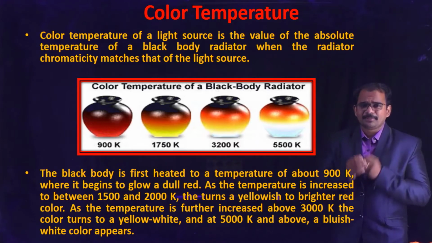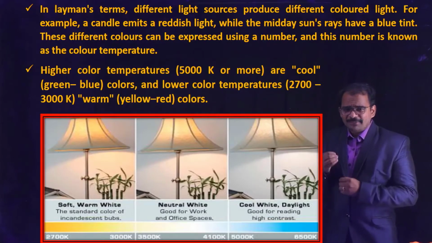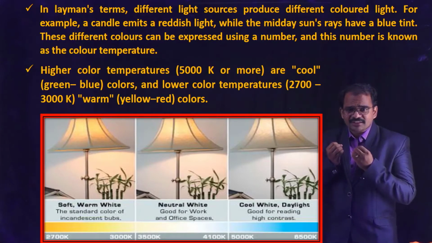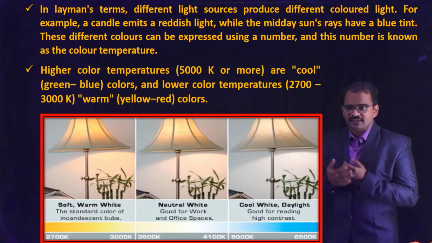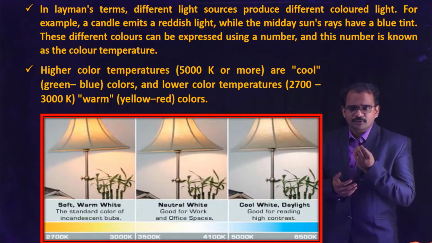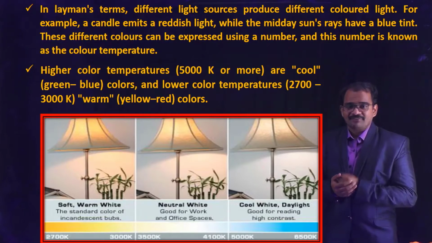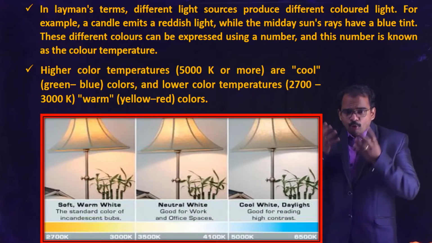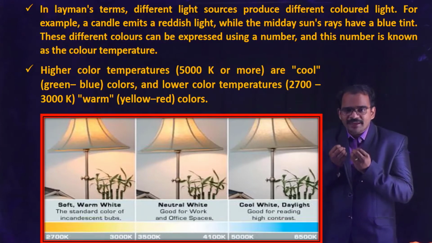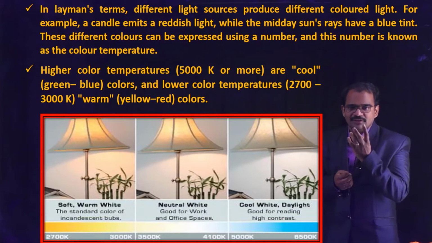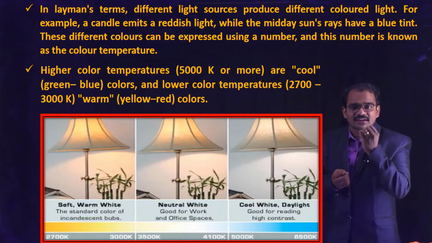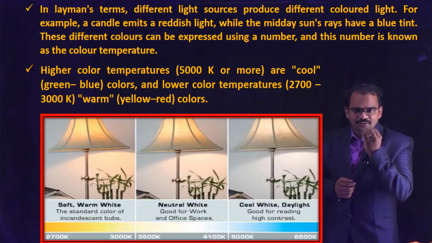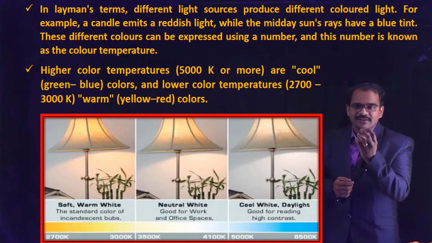Right, so what is the color temperature in this? Okay, so in layman terms, what is the color temperature? Different light sources produce different colored light. Say for example, a candle will produce a reddish light, whereas a midday sun will appear in the form of a blue tint. So all these different colors have to be expressed by some numbers, and that number is known as a color temperature. Did you understand it? So for each and every color there will be a number, and that number is called